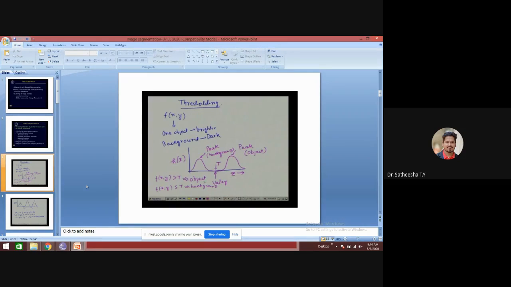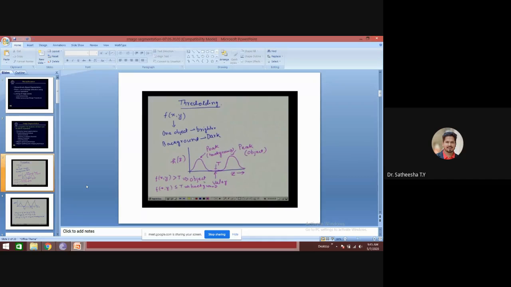And as we have assumed that our object is bright and the background is dark, all these pixels which are grouped in the lower intensity region belong to the background, and the other group of pixels belong to the object.